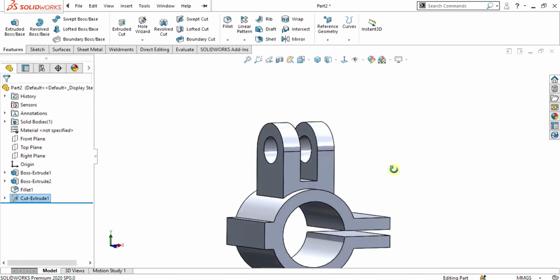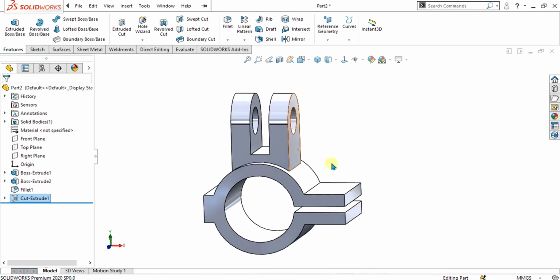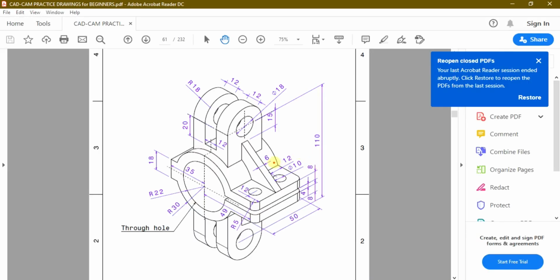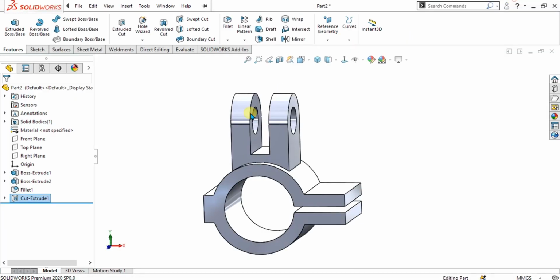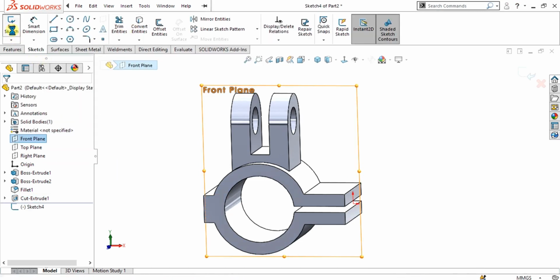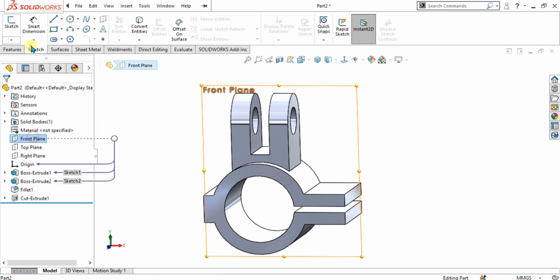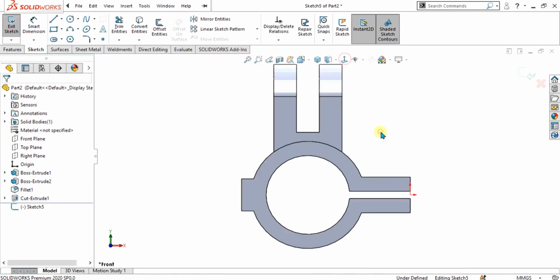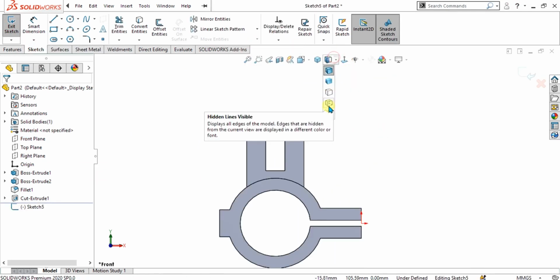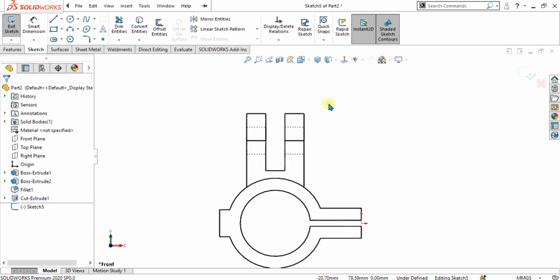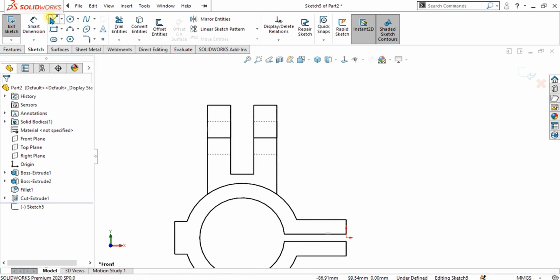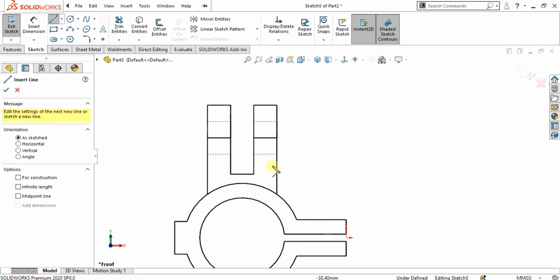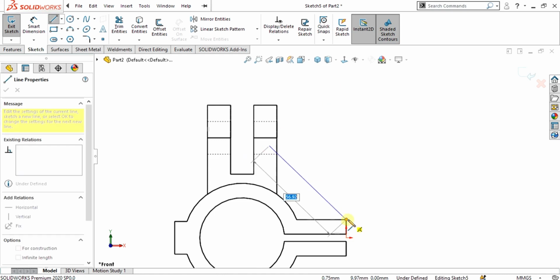So now we are going to use the rib command for our rib feature. So the thickness of the rib is 6 and the height from this center to this is 15. So we are going to select the front plane again like this and select the hidden line visible from here, select the line and make the sketch like this.